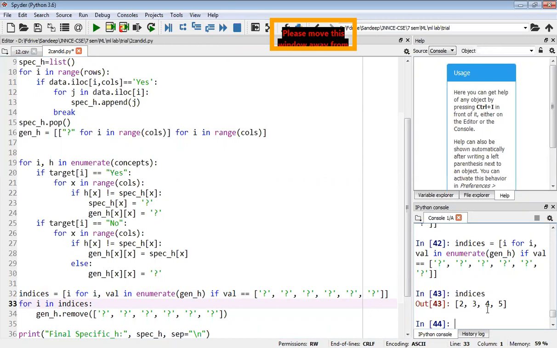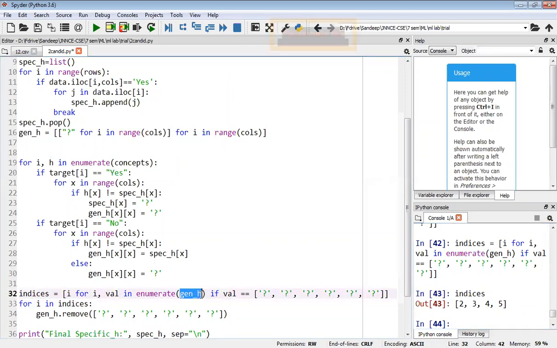It will give us the row values in the general hypothesis which have all question marks. So how did we find indices? In the general hypothesis, I'm checking if a value is equal to all six question marks, then return that value. The for loop will run 6 times over the general hypothesis, and I have put an if condition.